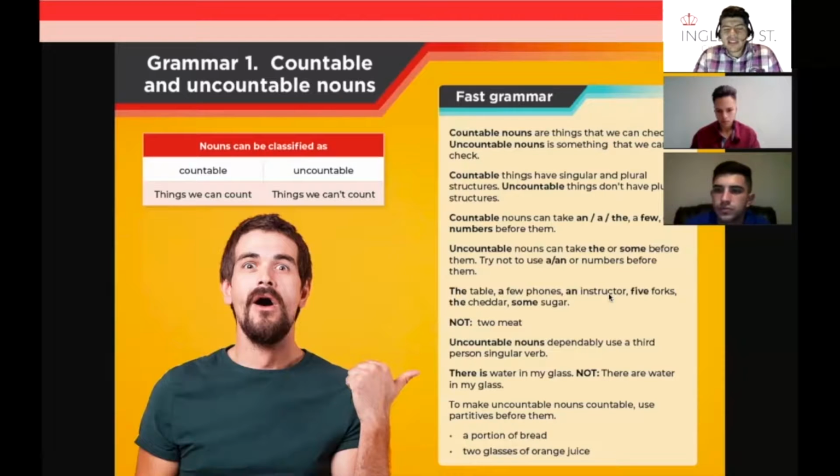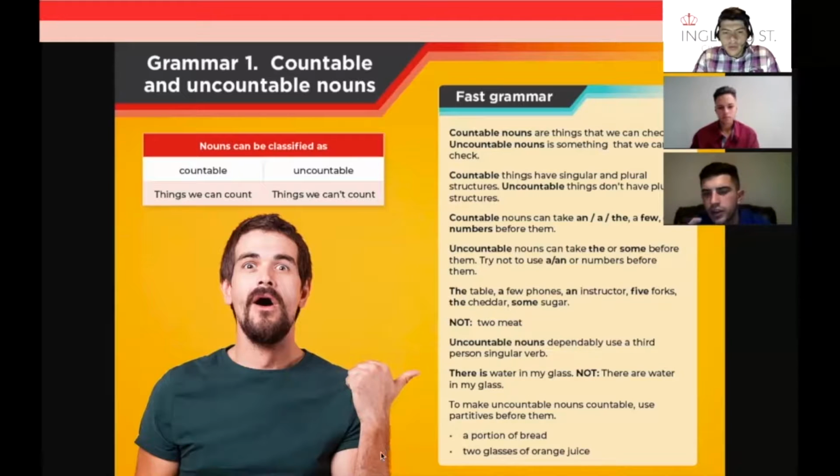Los uncountables, sí, en general pueden ser sentimientos, pero también hay algunas otras cosas, como por ejemplo aquí vemos uno, de cheddar. Cheddar se refiere al queso de cheese, ¿ok? Y ese es uncountable. No podemos decir 2 cheddars o 3 cheddars, eso no puede suceder. De la misma forma, sugar. No podemos decir 1 sugar, 2 sugars, 3 sugars. Siempre tenemos que decir some sugar, a lot of sugar, dependiendo de la cantidad que queramos hablar, pero solo podemos utilizar la palabra sugar, es decir, la singular, no hay forma plural.